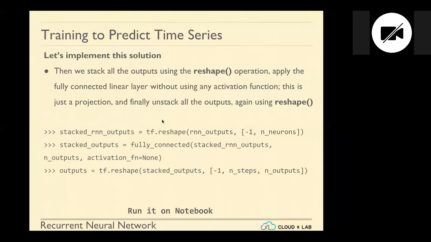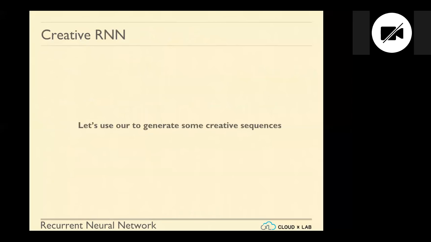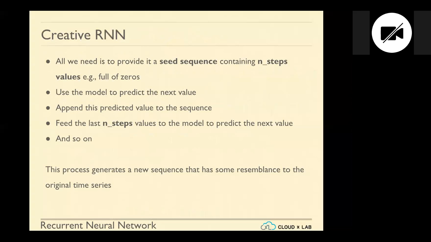All right, so we did this implementation. Now, great. So now let's use our model to generate some creative sequences. All we need to provide is the seed sequence containing n steps full of zeros. We could keep on feeding some values to this, and keep on observing the outcome. So we can use this model to predict the next value and append this predicted value to the sequence. And based on its predicted value, we could feed it back and then see the result. So this is basically called